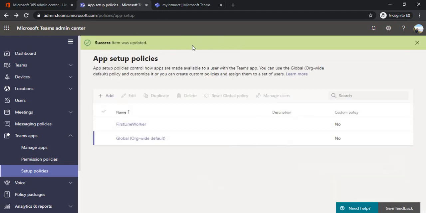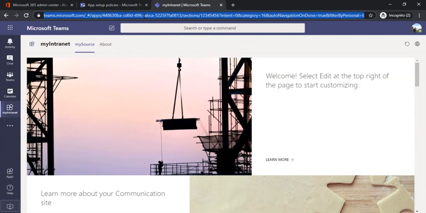This setting takes a while. If you refresh your Teams, it may take possibly 2 to 5 minutes.